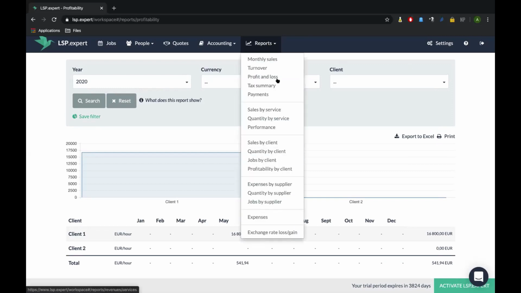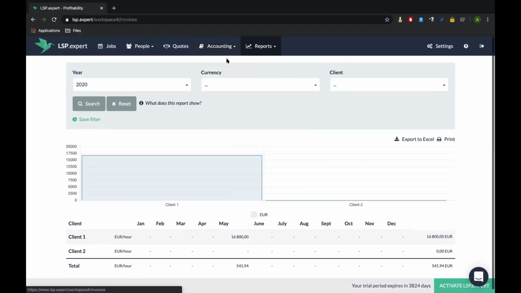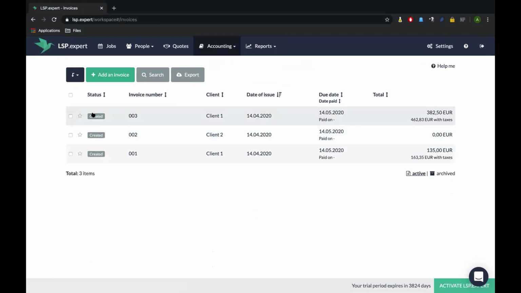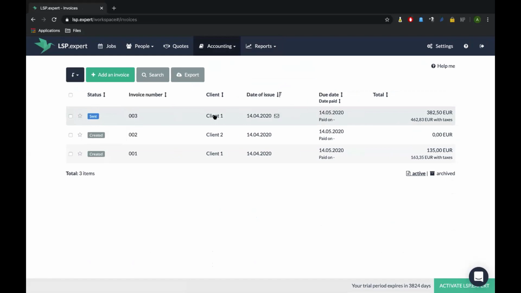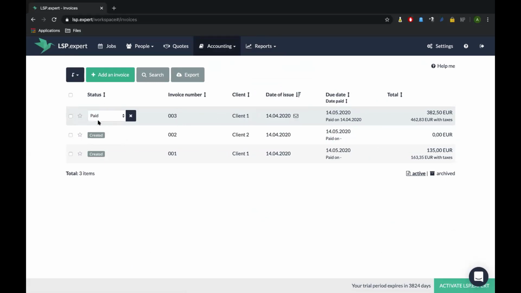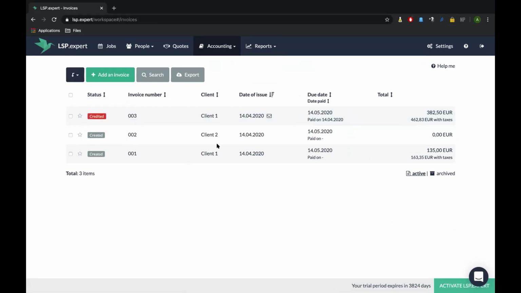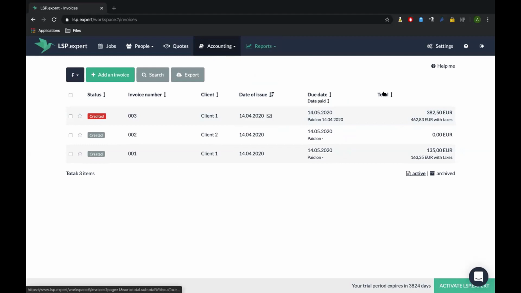So you see that we have a lot of different other reports. I haven't shown you in accounting. I have shown you invoices. Okay, so you can again update the status of an invoice. If you have sent it, it's not by email, it won't be automatic, but you can do it anyway. If it has been paid, and also if it has been credited, you can create credit notes also. And then I think I'm done with it. So yeah, a lot of other reports that we're going to really dive into in more advanced webinars, so you can have all the information you need.